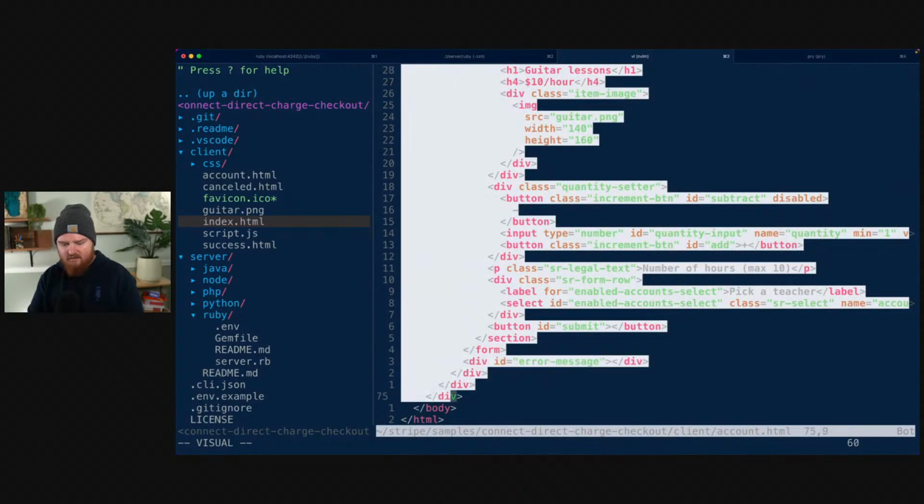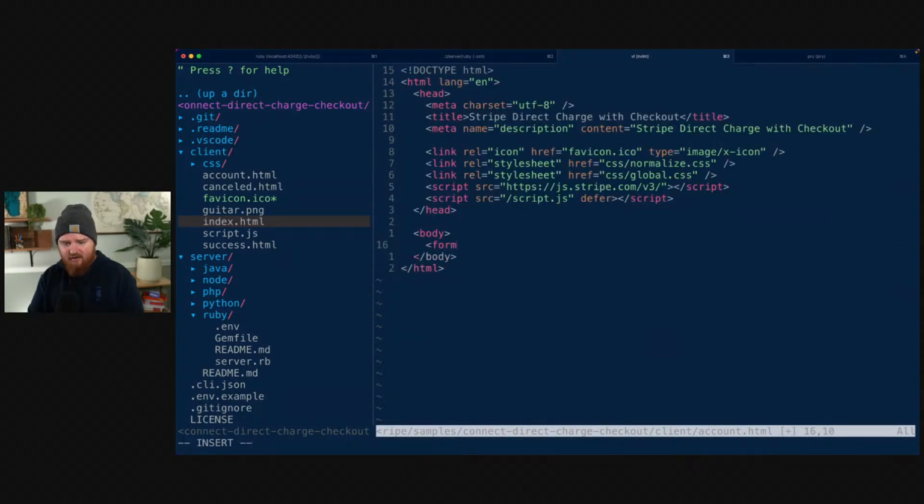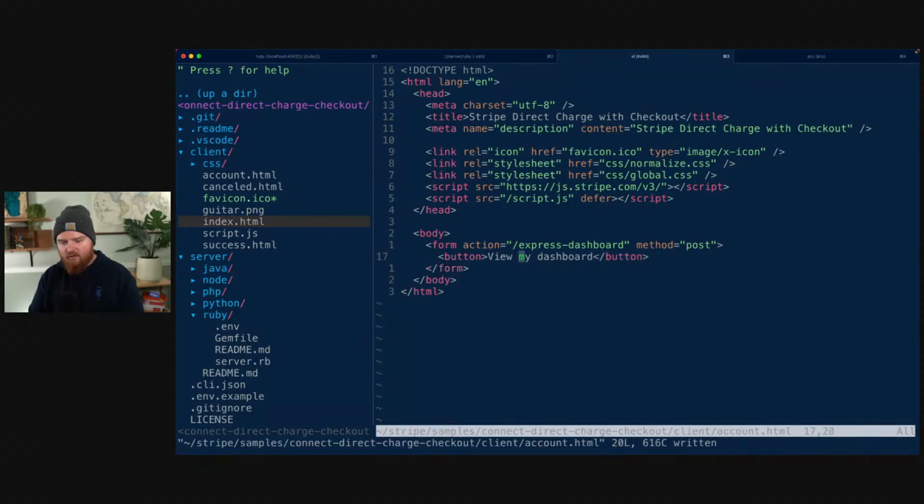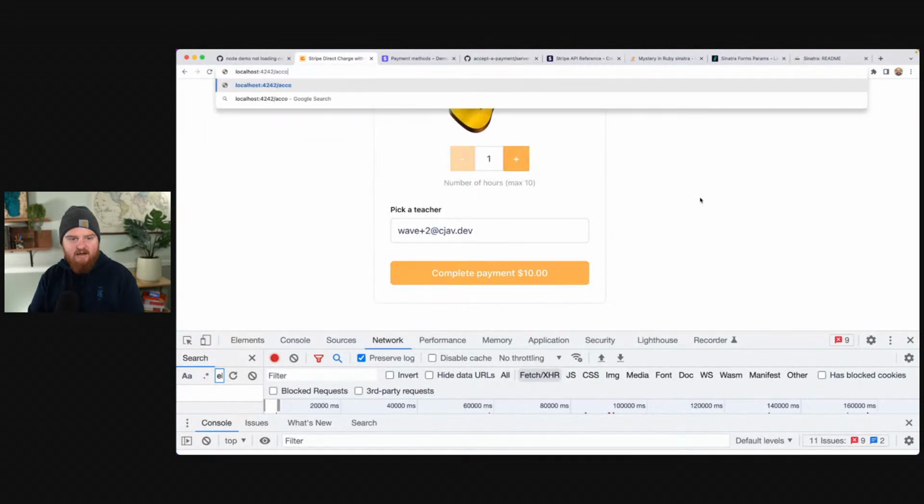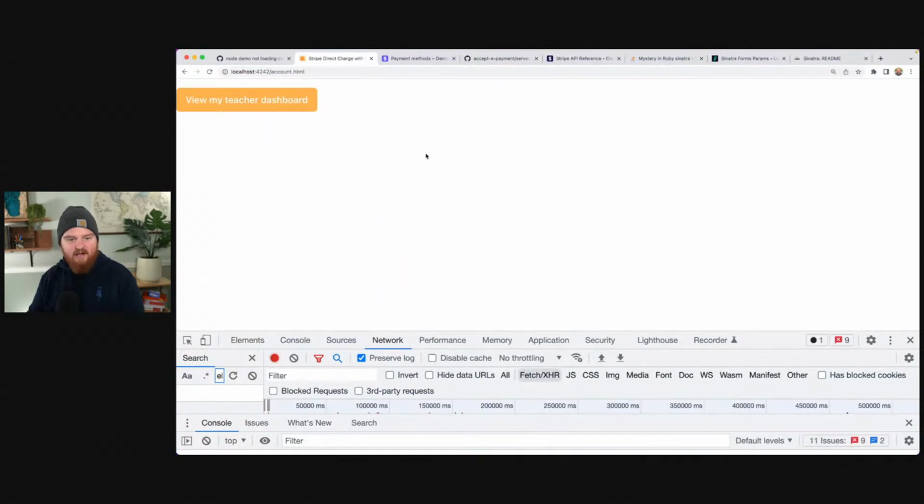Yeah, let's just remove everything, and we'll add a little form here. We'll make the action go to express dashboard, and the method will be post, and we'll make a button that says view my dashboard, view my teacher dashboard. Now, if we go directly to this route, account.html, we have this nice